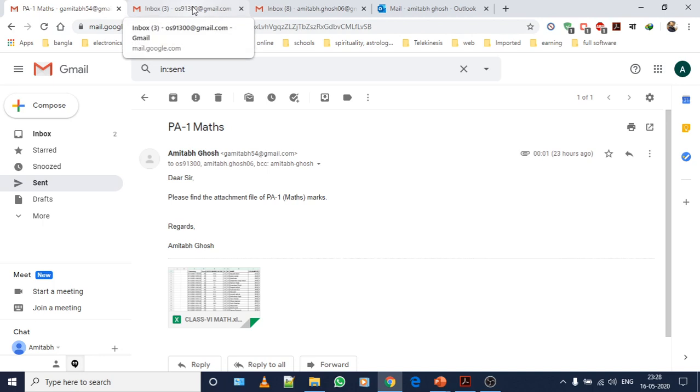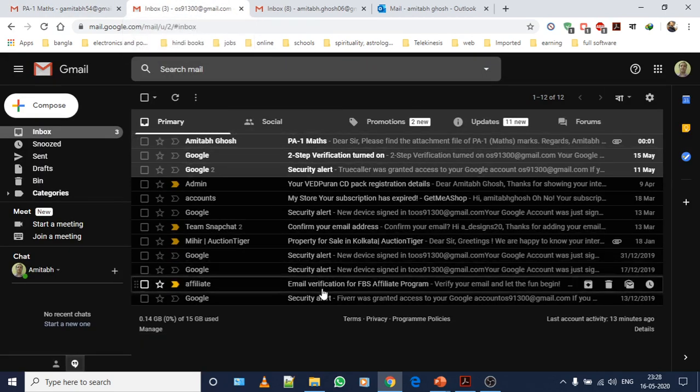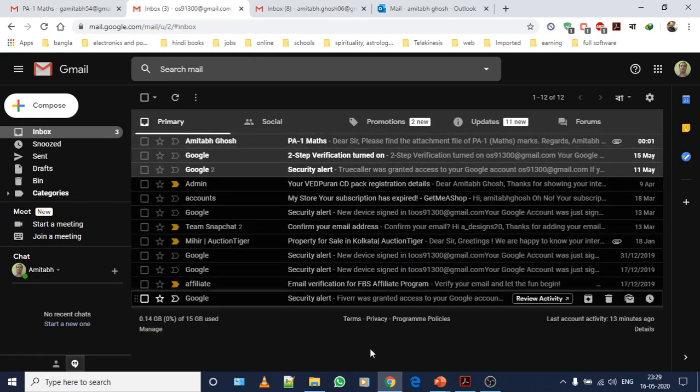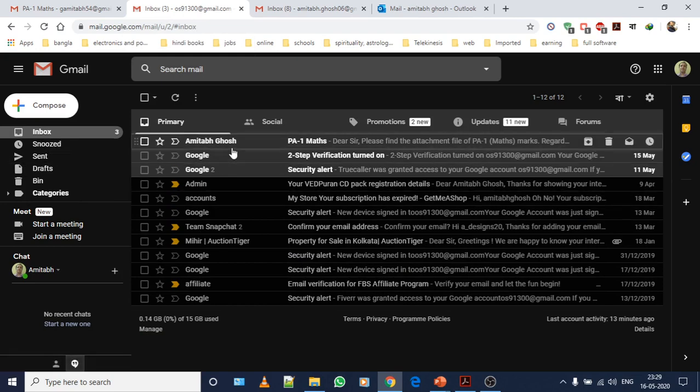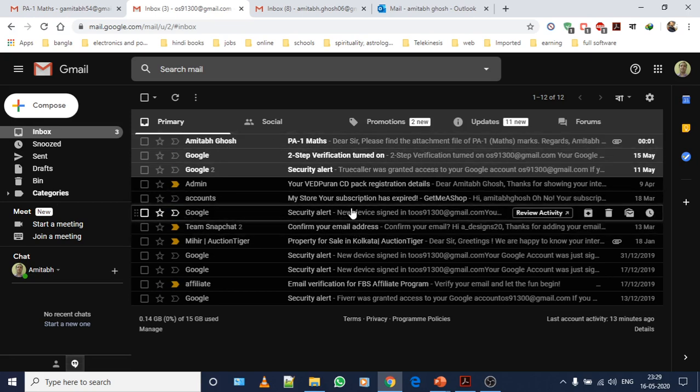So I'm opening the first one, which is the sender. As you can see at the top, those mails which are received in the inbox and have not been read are showing in bold characters. So if you check the subject line, it is showing over there.